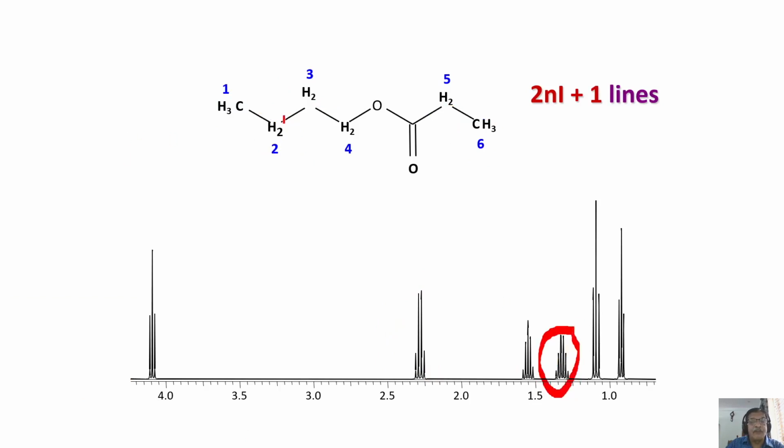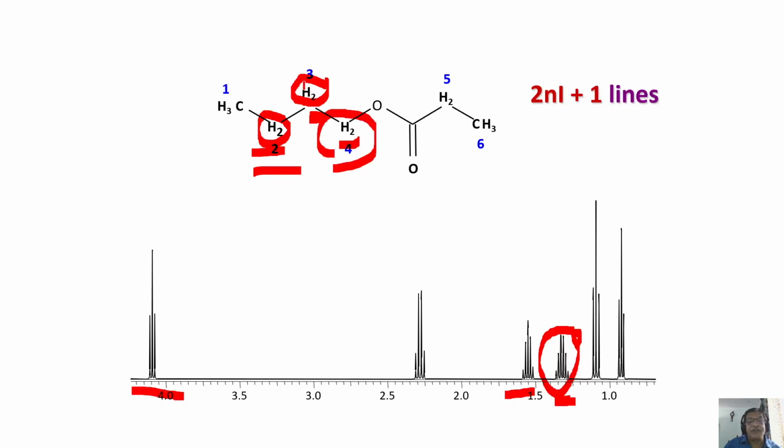Why am I telling it is this one? You will see later. If you look at this proton, this is coupled to this and this, CH3 and CH2, it is a quartet of triplets or triplet of quartets depending upon the coupling strength. Whereas look at this one, it is coupled to only two CH2s, this and this. It is a triplet of triplets. Triplet of triplets maximum you get 9 lines. Quartet of triplets you get 12 lines. So complexity is more here. So I would safely say this is this CH2, and I would say this CH2 is this one.